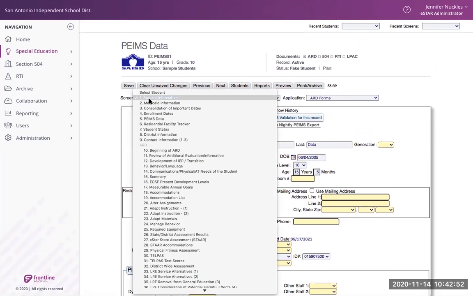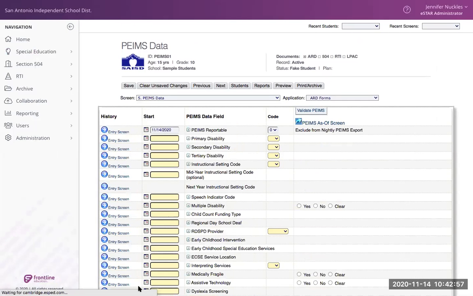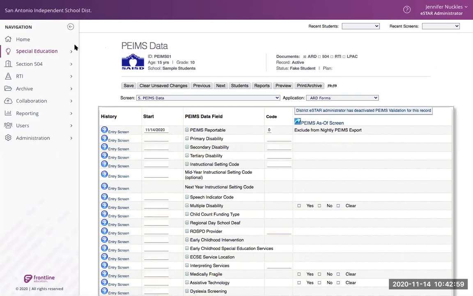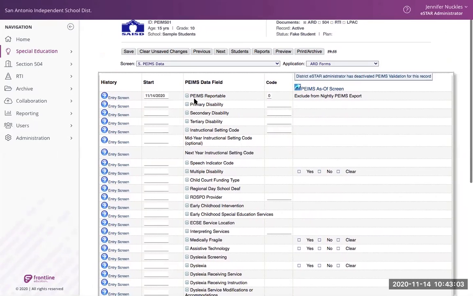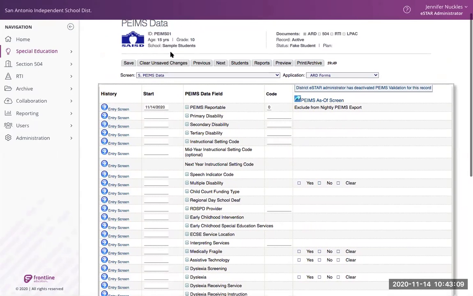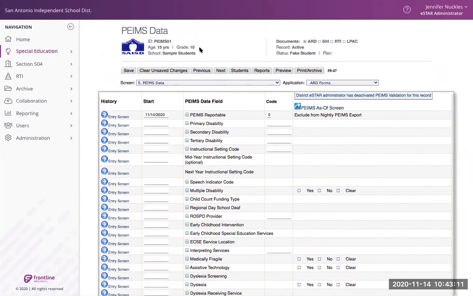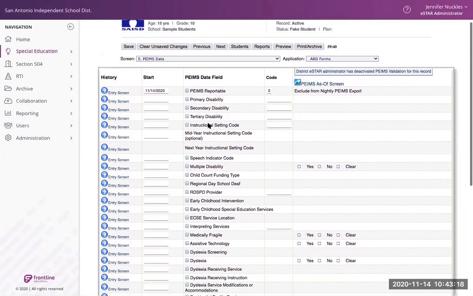Okay, so now here we go into the PEIMS data field. Right now for this guy, it's nada. Now, remember, she said if it was PEIMS reportable and it was syncing, this code would be changing. Well, this guy's status is fake, and so for a fake student, it's never going to be included, but let's let that be. Rather than go,